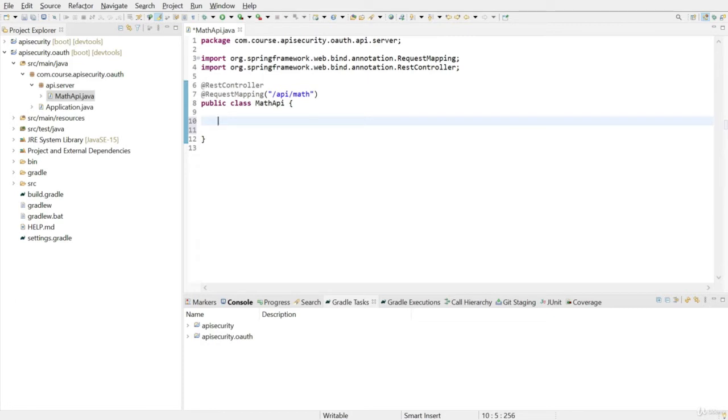Here, we will have 5 endpoints, 1 to generate a random number, and 4 endpoints for add, subtract, multiply, and divide. It is just simple endpoints. Let's write them.